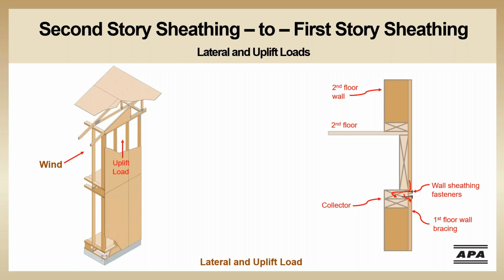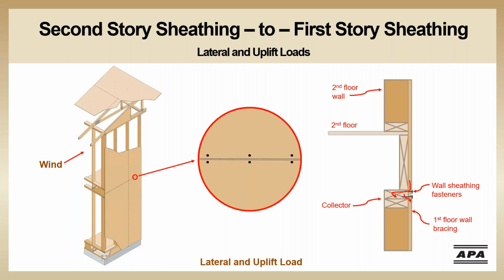The uplift load is also moving through the wall sheathing down to the second floor. This load will also transition to the first floor sheathing through the wall sheathing fasteners. From this perspective, it appears that both loads take the same path through this connection. But if we take a closer look at the connection between the first and second floor sheathing, we will see